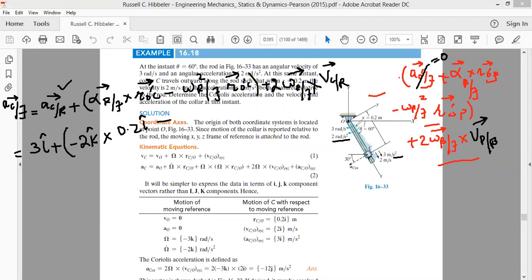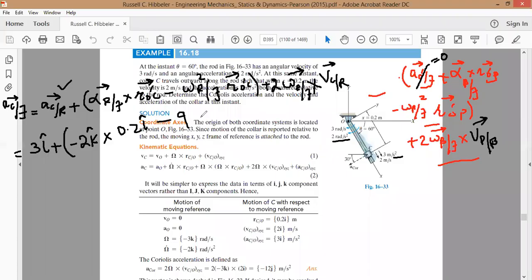Angular velocity of rod with respect to ground is 3, and it's only magnitude 3 square. So what we can write here is omega cross omega cross r O dash C. r O dash C is the radius vector drawn from O dash to C, and that's equal to 0.2 i cap. So it will be multiplied by 0.2 i cap